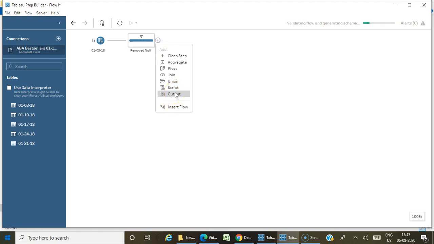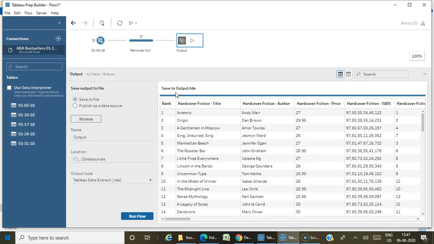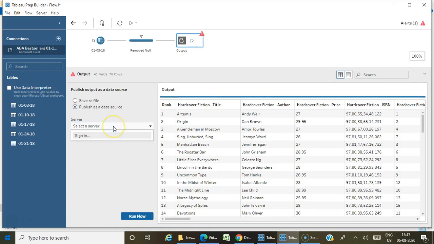So you can click on the output. Once you click on the output, you have these options to save the file directly as a TDE or a Hyper or a CSV, or you can publish as a data source directly to a server environment also.